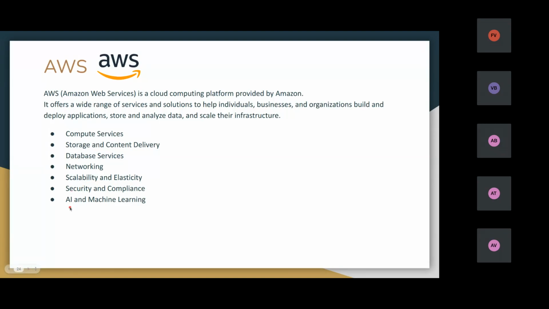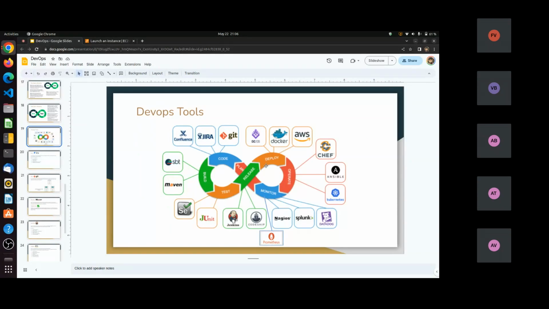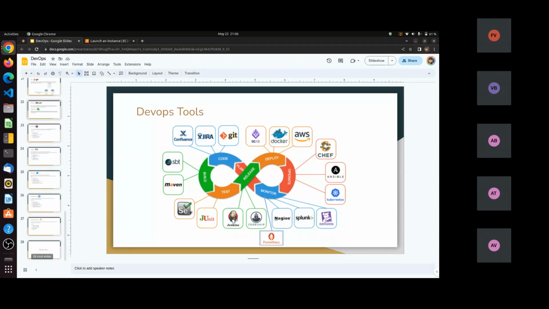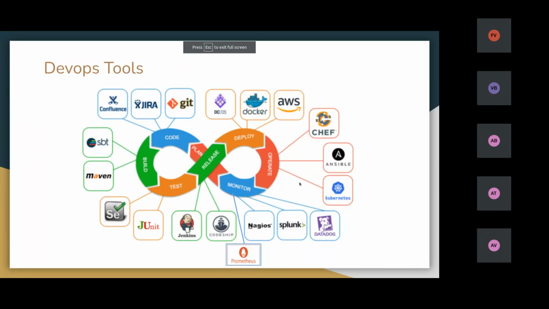And there are many AI and machine learning services also. Okay. And here we can deploy our code to AWS. Okay. Our code is deployed to AWS, or we can deploy to Docker. And Docker can be inside an AWS instance also. Docker is installed, like I said, we usually install Docker in a virtual machine.